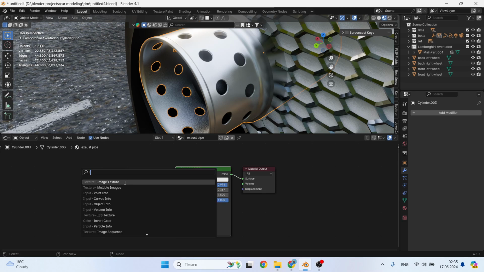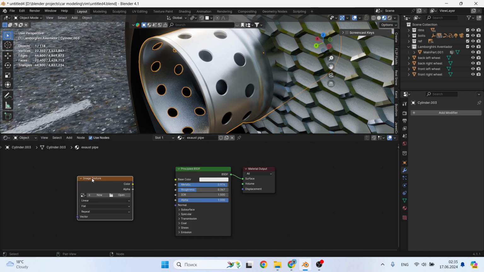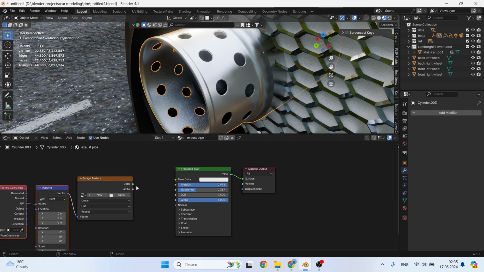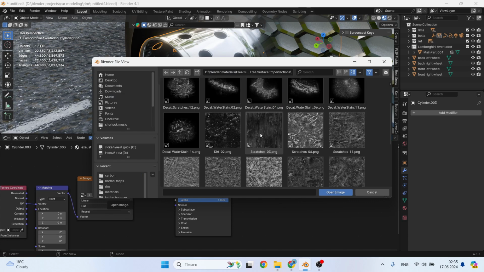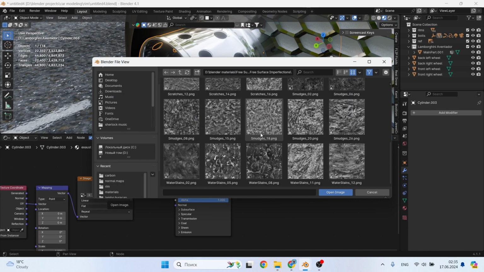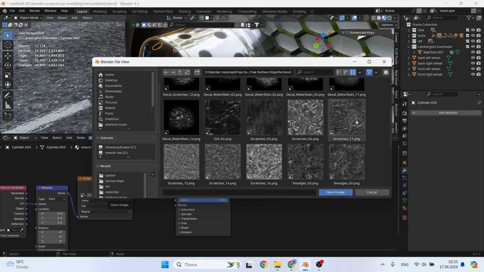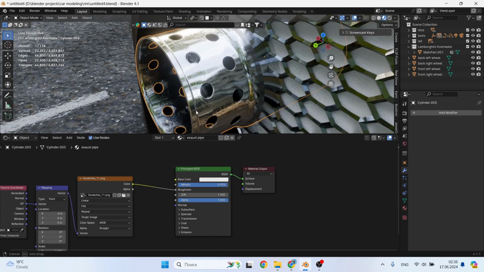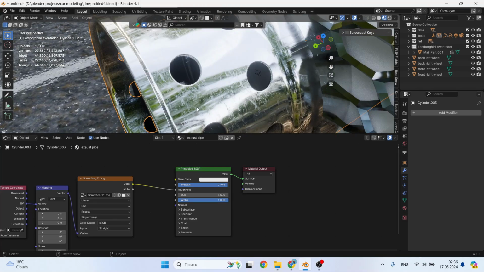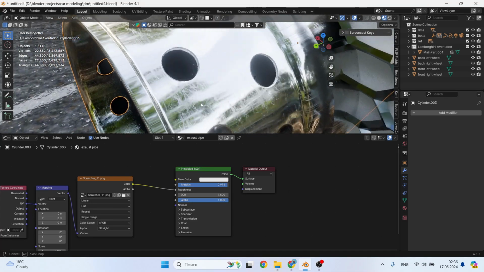Add the image texture. Connect the mapping. Connect the texture coordinates. Connect the image texture to roughness. Go to the hard drive, find our scratches. In such moments, do not forget to check that you have a UV unwrap done.